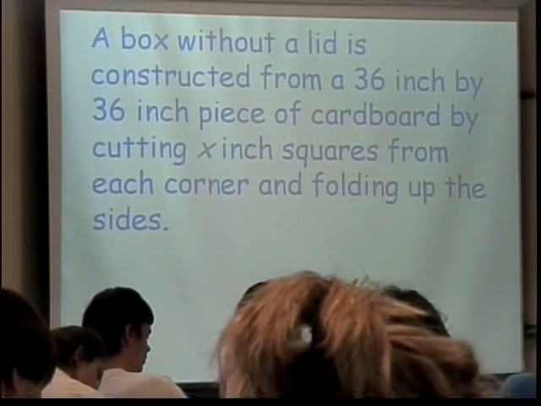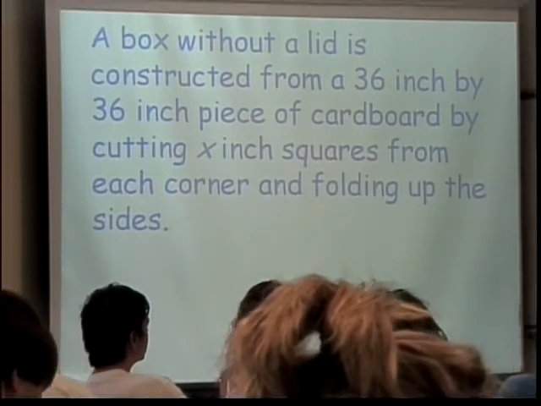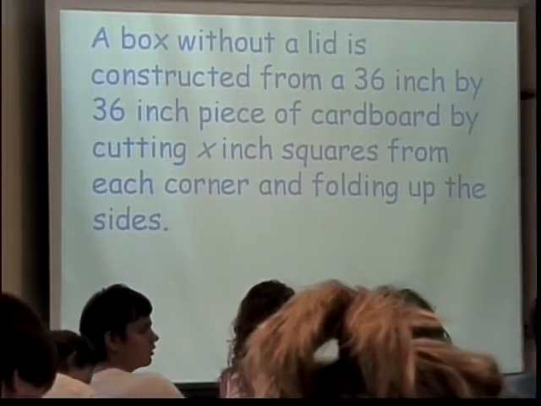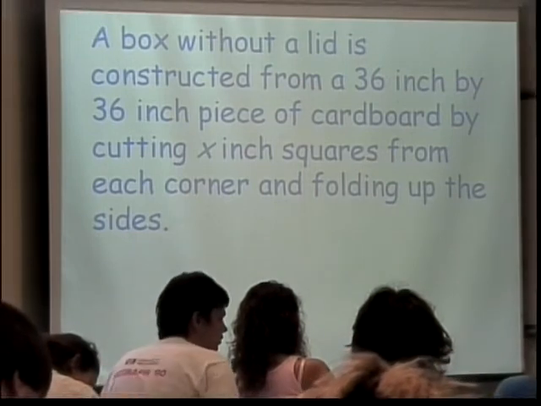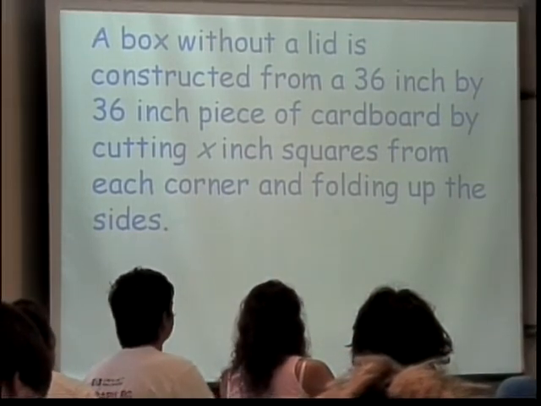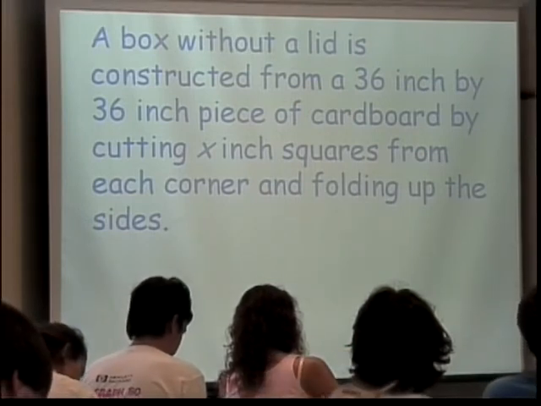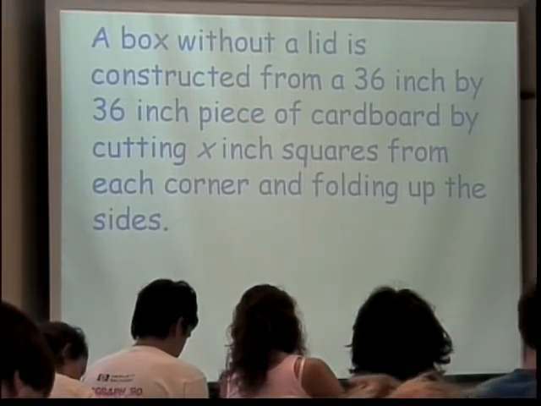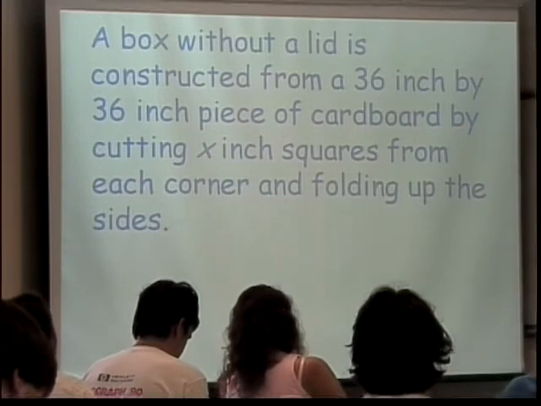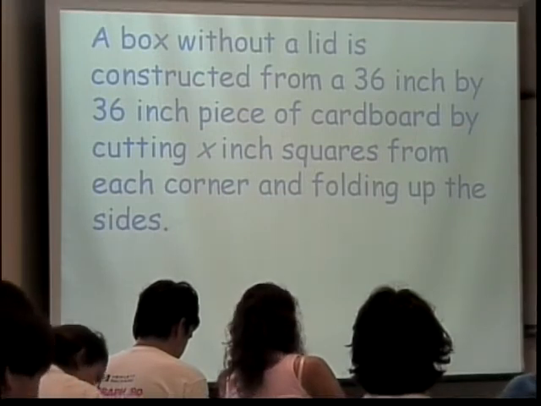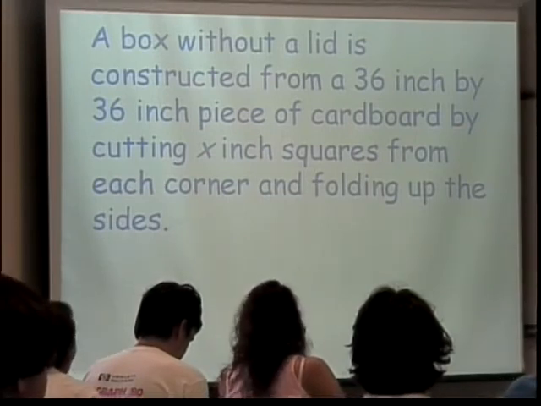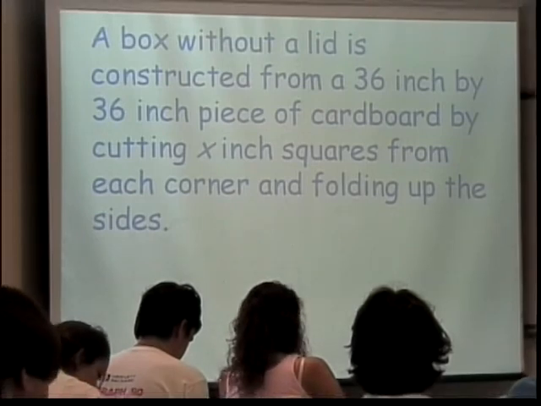How many of you have made these boxes before? Never gonna work in a warehouse. So the way this is set up is I have a piece of cardboard. It's supposed to be square, 36 inches by 36 inches. From each corner, I cut out a square that's x by